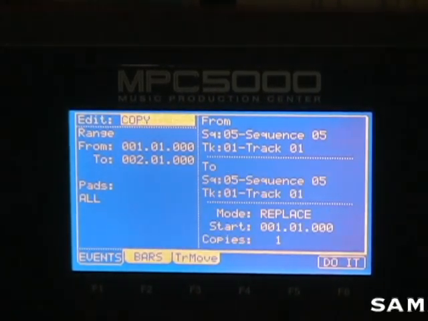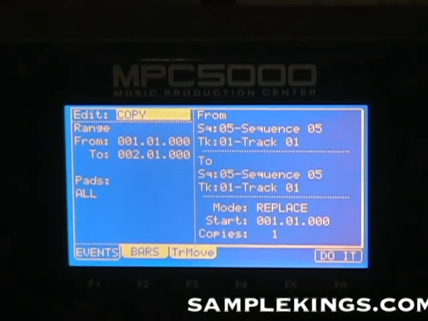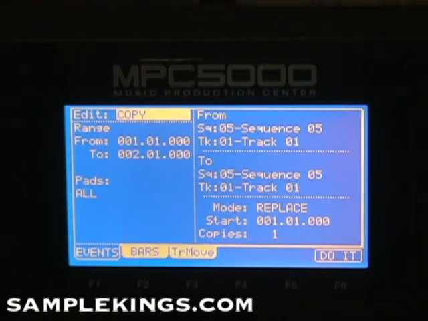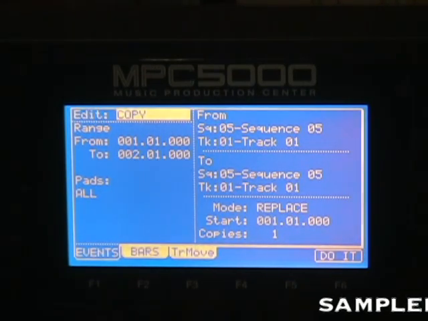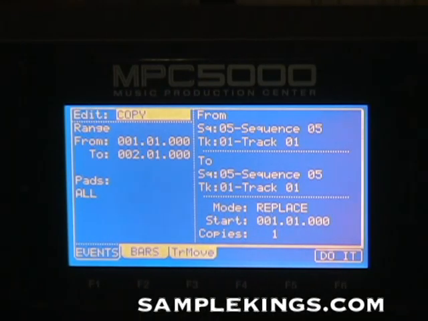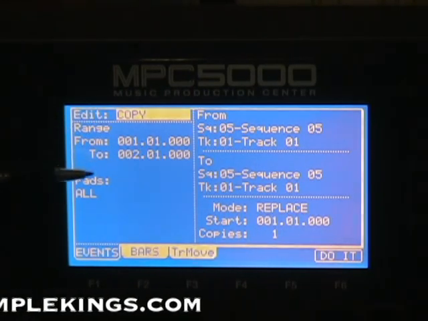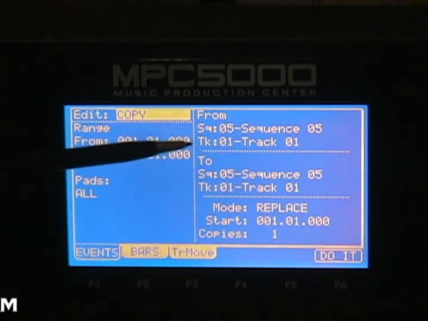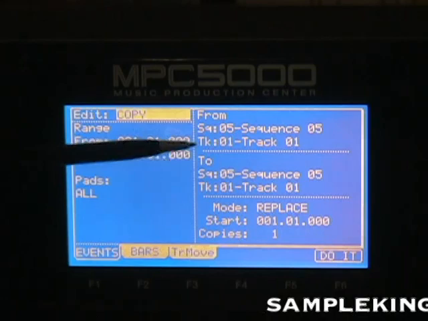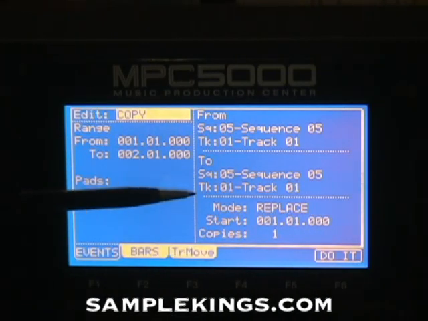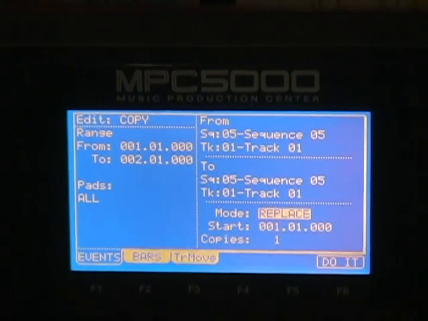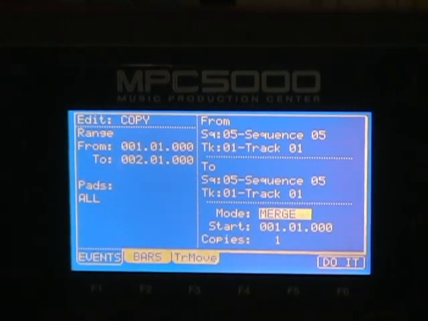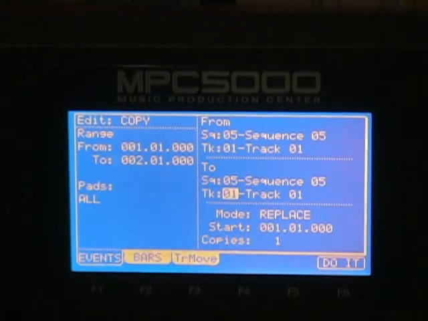So, in this case right now, I just want to copy this particular sequence first measure. And I want to maybe make 4 measures possibly. So, the range is from 1 to 2, right? It's sequence 5, it's track 1, and I want to go from track 1 to track 1, and I want to replace it. But I don't want to start from there. That's already a measure right there. So it says replace is where we start from, see? I'm not trying to replace. I'm not trying to merge. So I want to make sure I start from